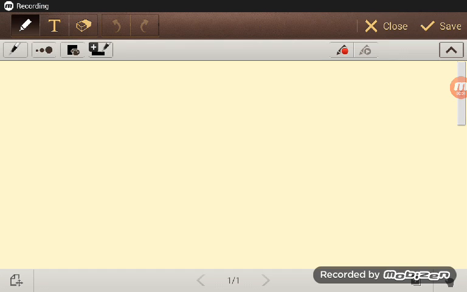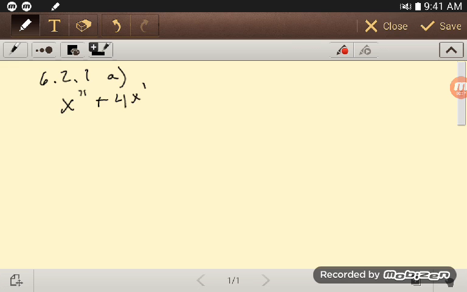Okay, here we go with a second example. So this is straight out of the book. This is activity 6.2.1a. And what we would like to solve is x double prime plus 4x prime minus 21x, sorry, equals 2e to the 4t, and we're told x of 0 is 1 and x prime of 0